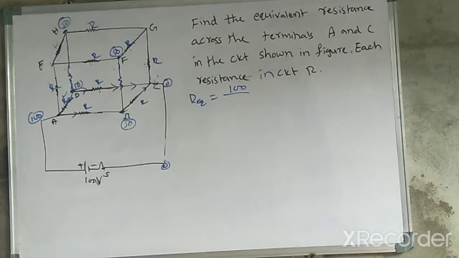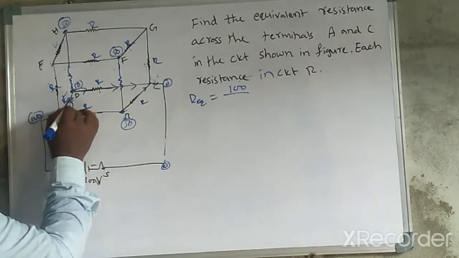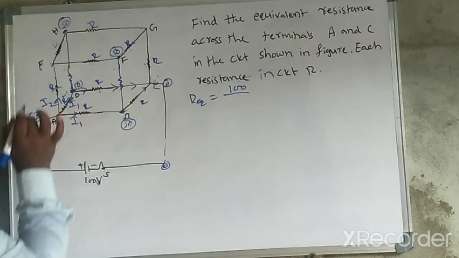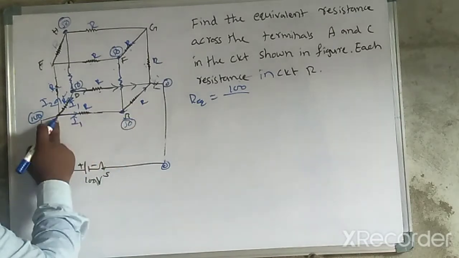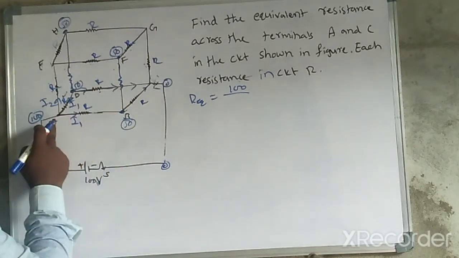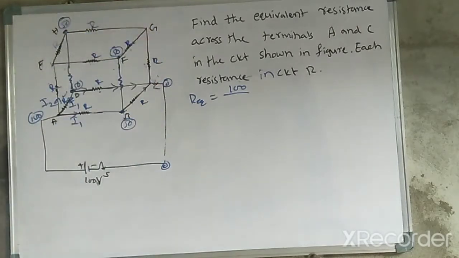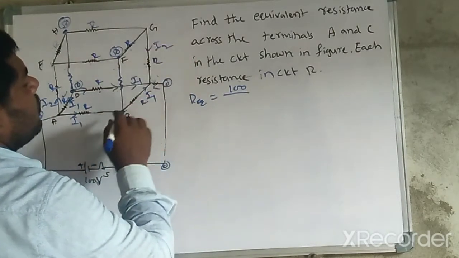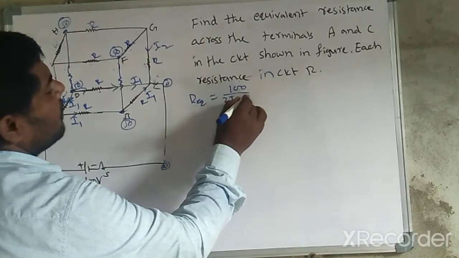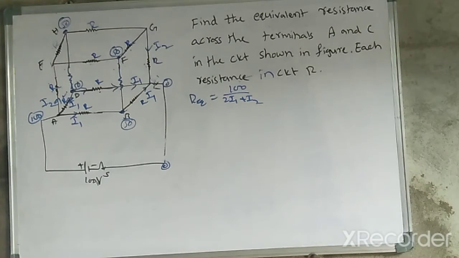I would like to consider here the current I1, here also current I1. In this way, the current I would like to consider is I2. So this I2 moves like this, and I1 also moves like this. Because here there are 4 resistors, the current here is I2, and here I1, here I1. So 2I1 plus I2. Here you may find the I1 value and I2 value.